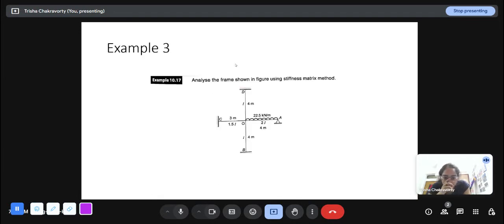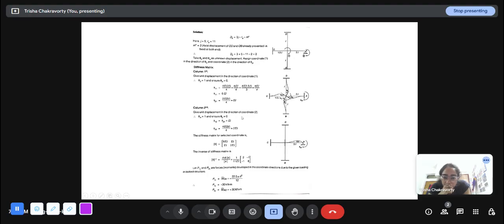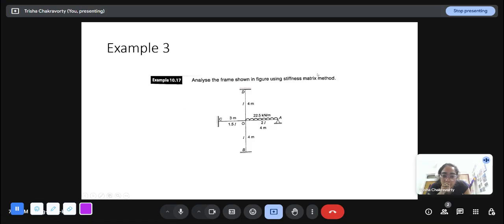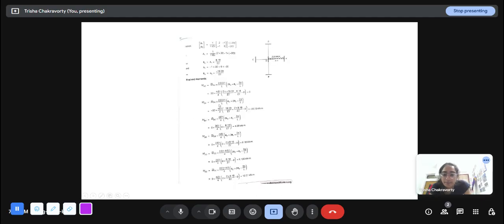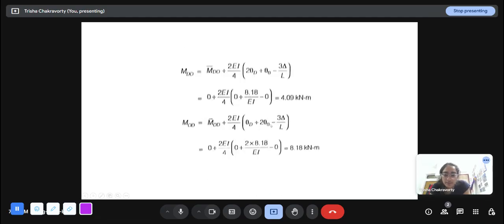This is a similar example. It has four members. So the degrees of freedom here will be rotation at O and rotation at A. So from that, we follow the exact same method. We have theta O and theta A as my unknowns. So I follow the same method. I find the stiffness matrix, I find the displacements here, and then I define the final end moments as